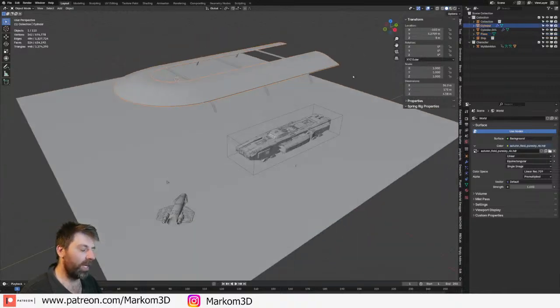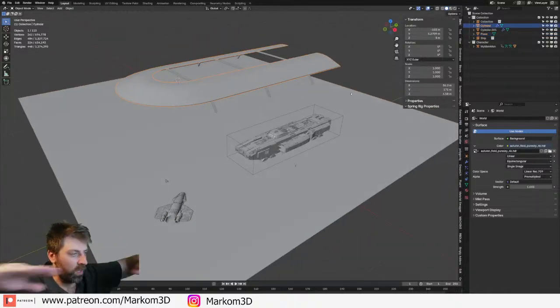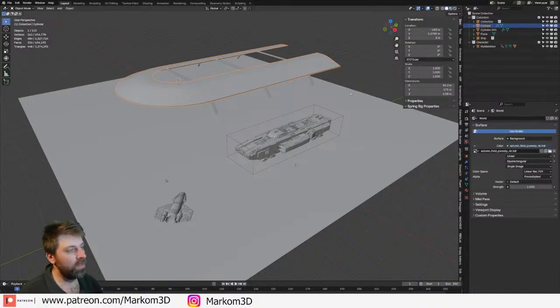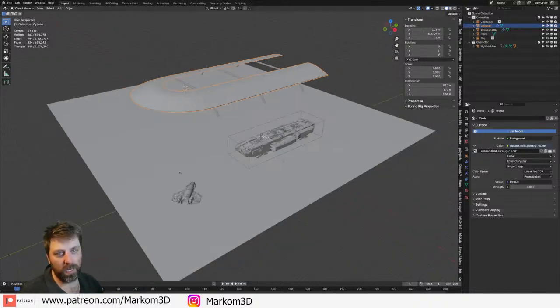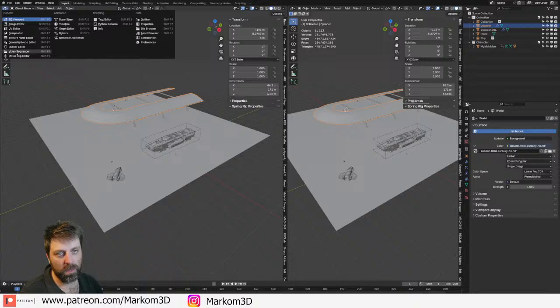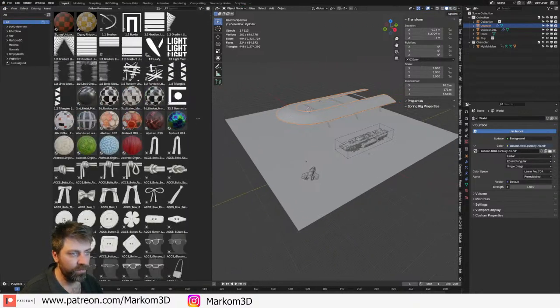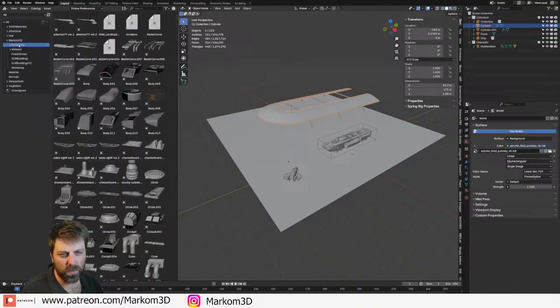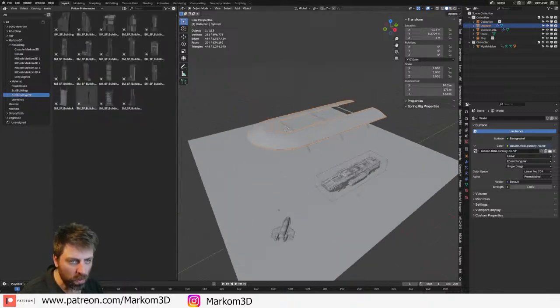Okay, so I'm liking this, but the question is now what's going to be beyond this section? Technically, if we start coming in, we can bring in the asset browser. Let's go into Kitbashing, city, sky, buildings V2.